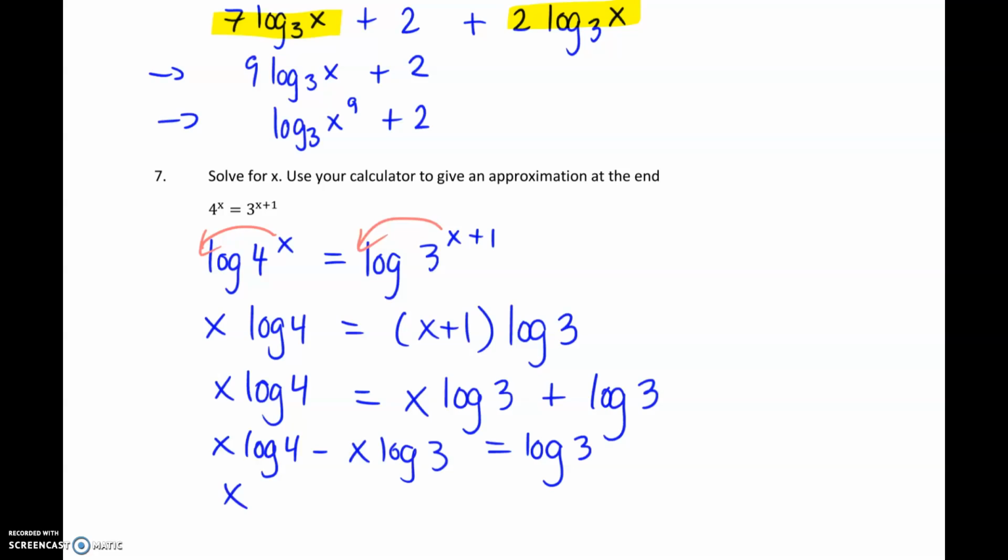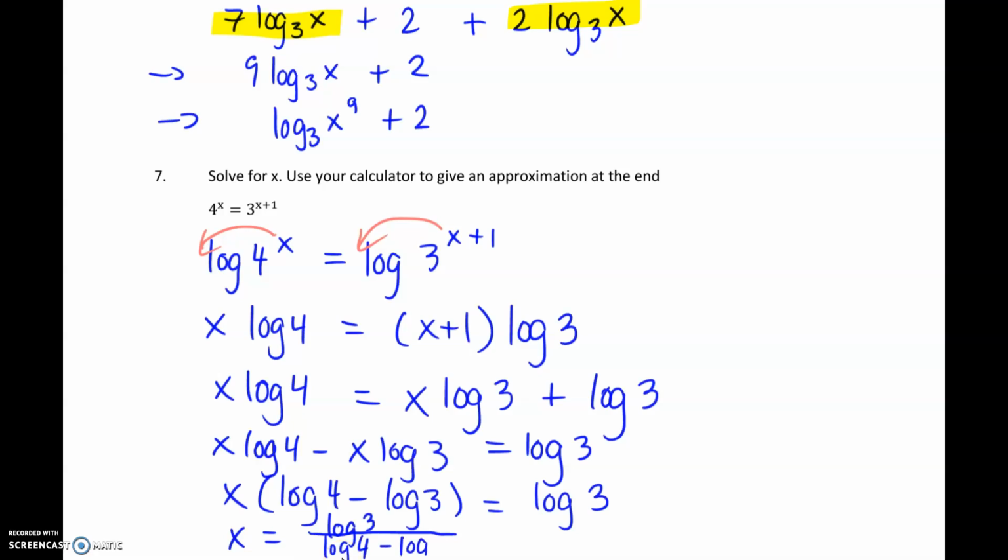And then we're going to factor out an x. x times log 4 minus log 3. And our last step is we're going to divide by log 4 minus log 3. So that gives us x is equal to log 3 divided by, I'm running out of room here, log 4